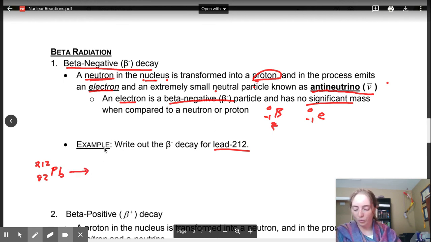Well, we are going to be releasing a beta particle. No significant mass, no nucleons, charge of -1. Now that -1, by using this -1 protons, is going to help keep our